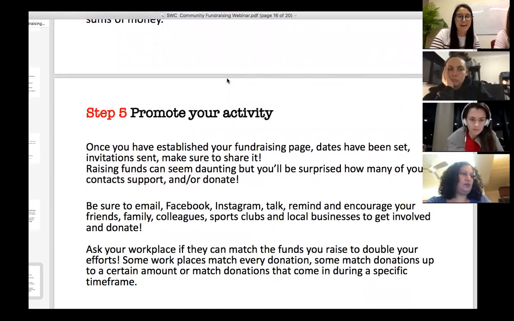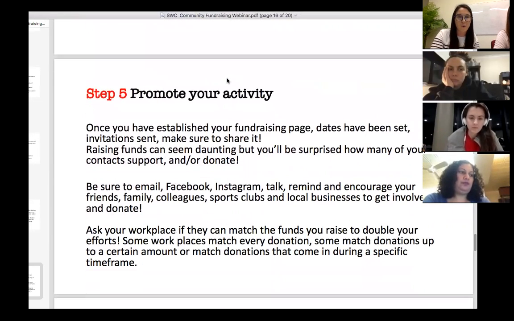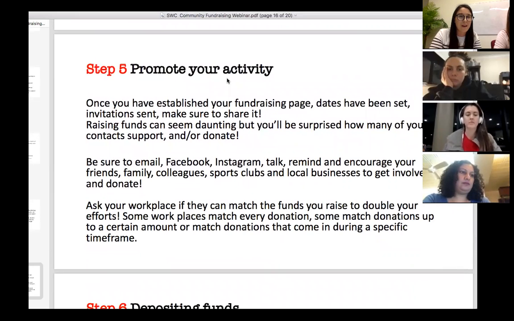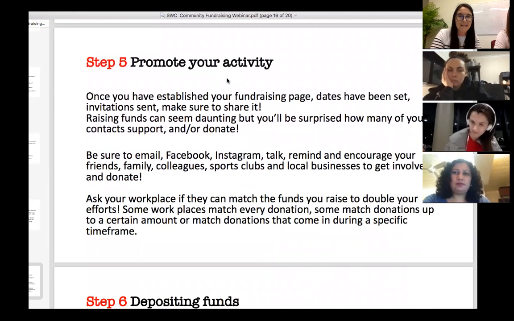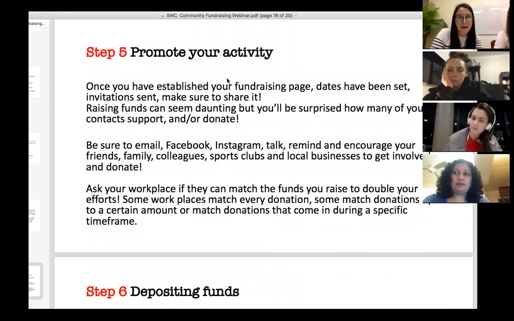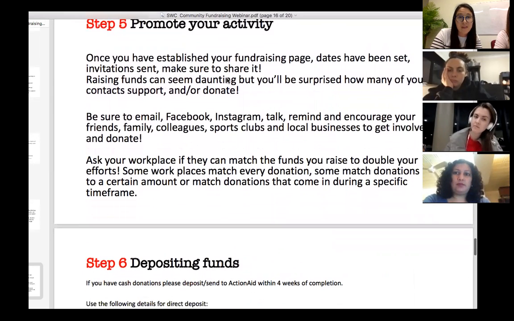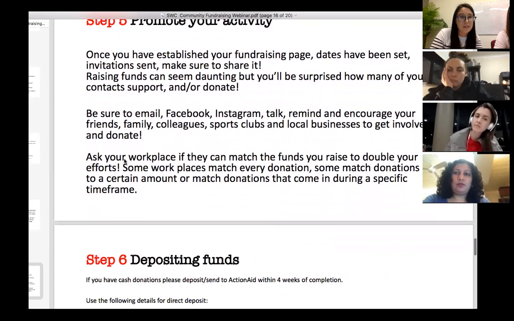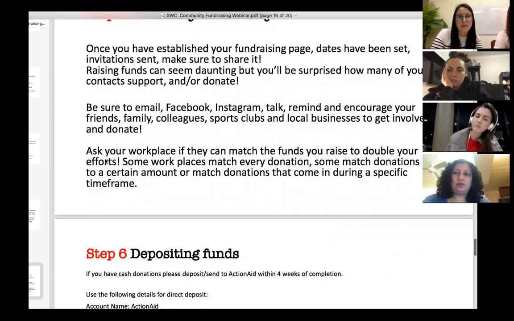This is very straightforward, and I'm sure you're all aware of it, but promoting whatever you're doing is really important. Use social media. It's gold when getting your event out there. And also just to mention, some workplaces will match funds.